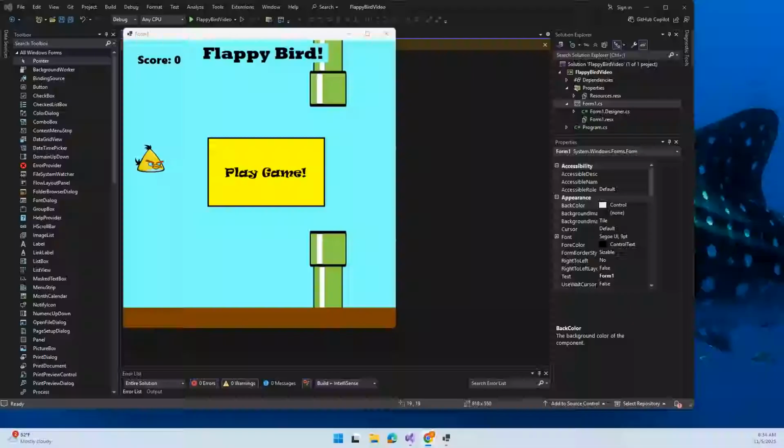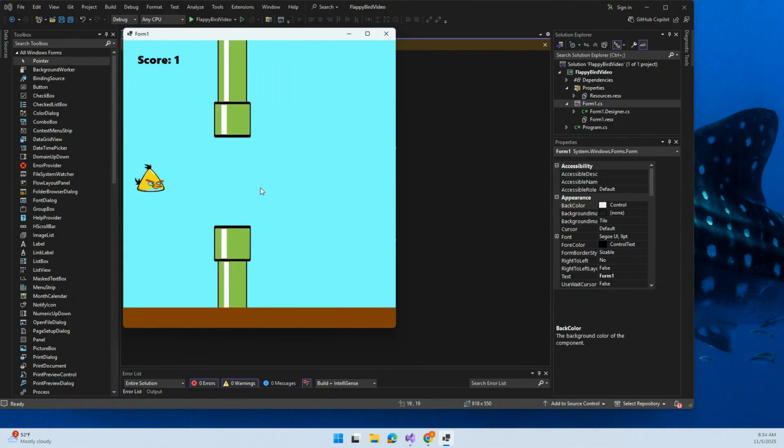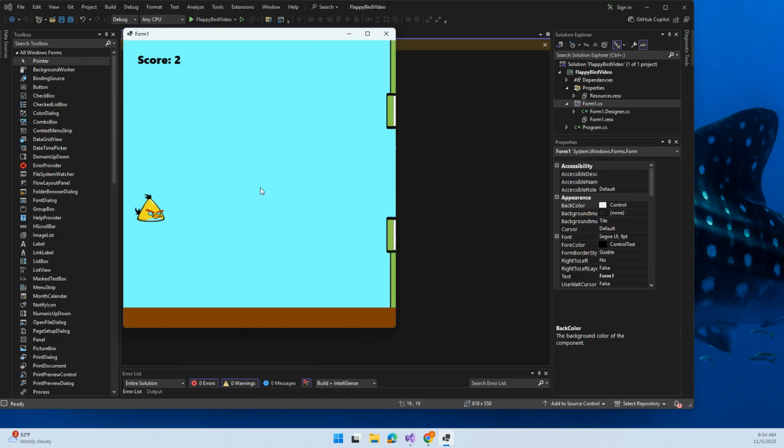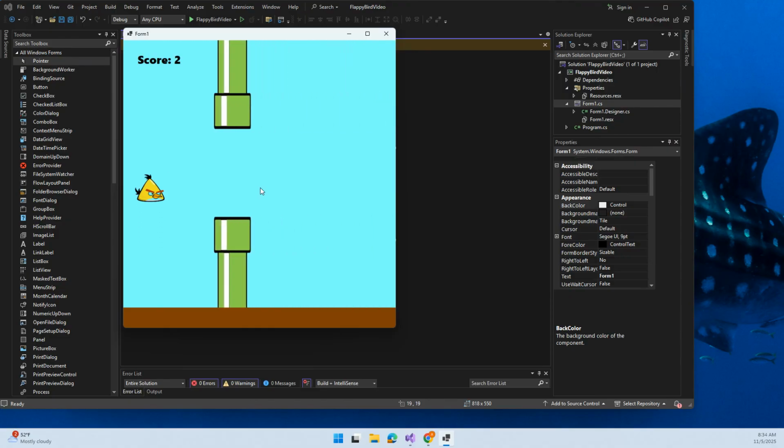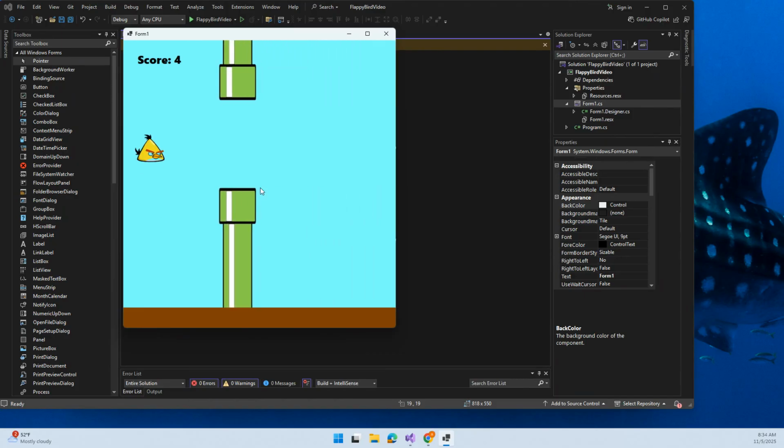Hey guys, I'm gonna make a really quick video for you going over how to create Flappy Bird. The way this game works is I just obviously press the button. This is what you probably already know Flappy Bird is, but you'll notice that the pipes keep respawning. I get a point every time the pipes respawn or I get through, and the location of them